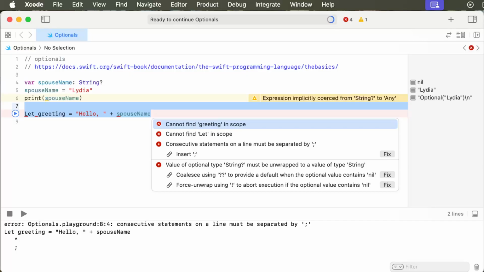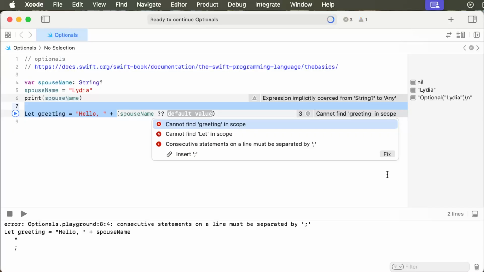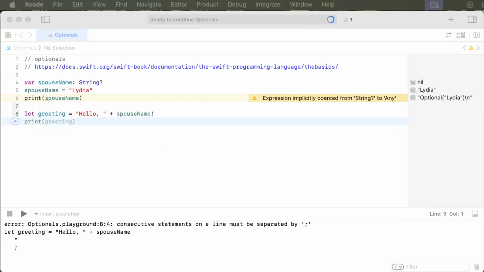Force unwrap using exclamation point to abort execution if the optional value contains nil. Click the second fix and you'll see an exclamation mark appear after spouseName in the last line of code. The program runs fine now, and the value of greeting is